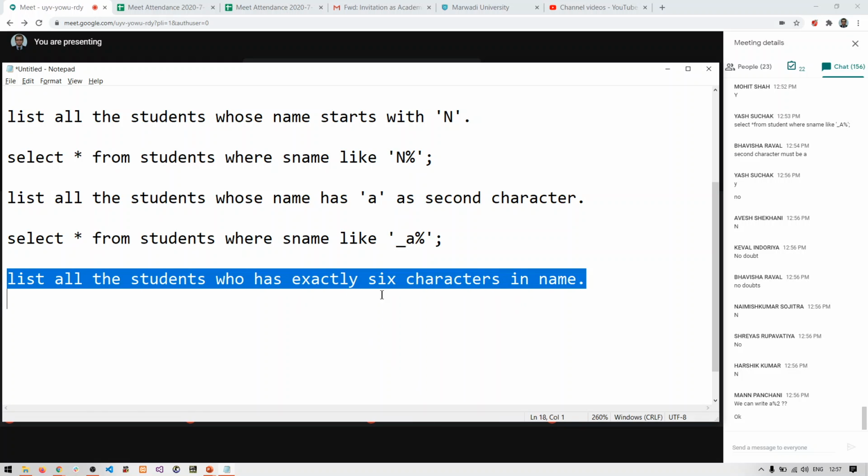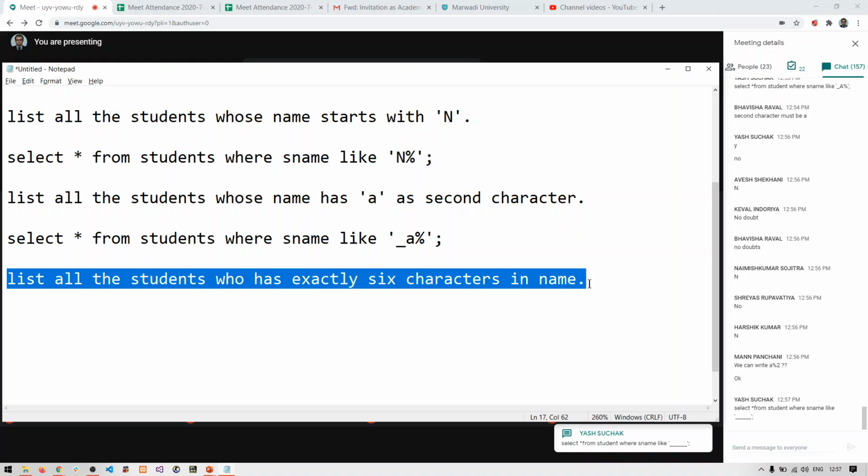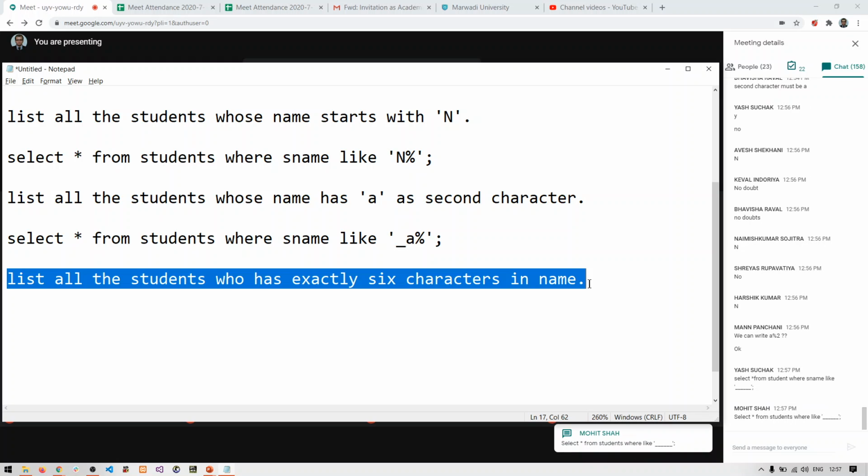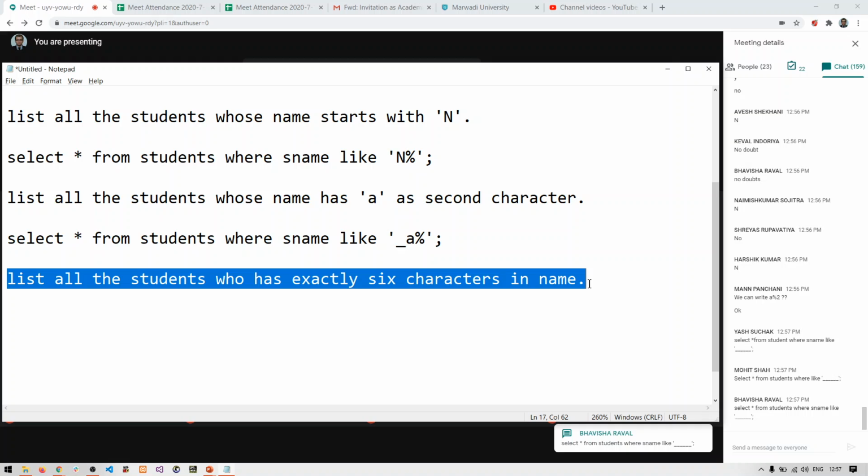List all the students who have exactly 6 characters in name. Try to write down the answer for this, everyone. That means the name should not be less than 6 characters, and should not be more than 6 characters. So I've got 2 answers. Very good. Third answer I've got from Bhavisha.